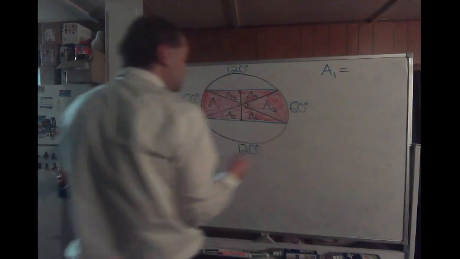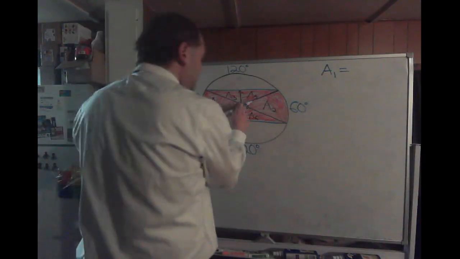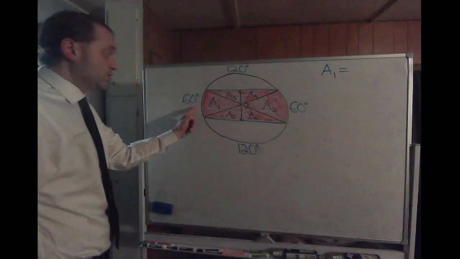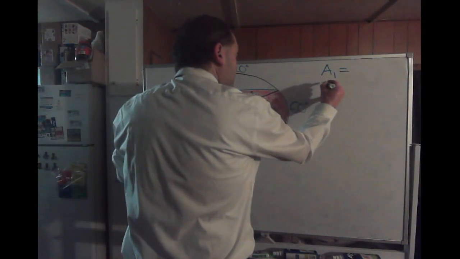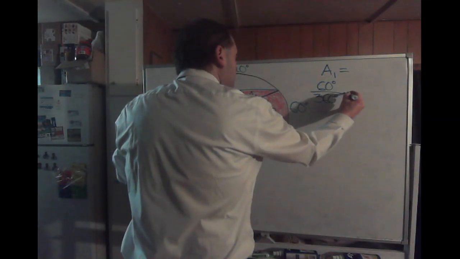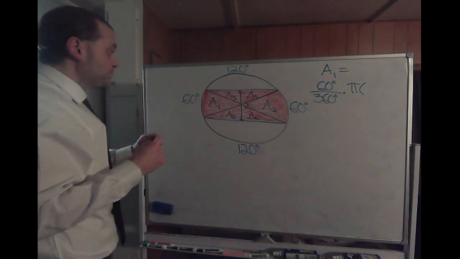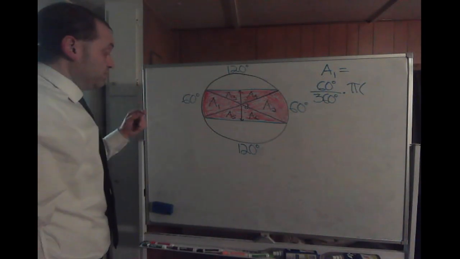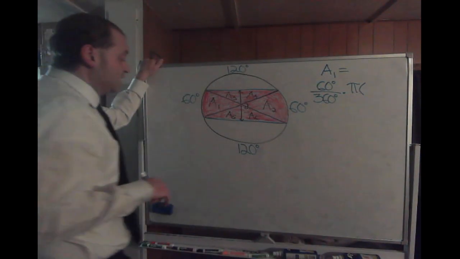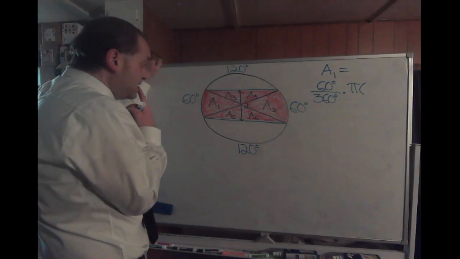So area 1, of course, is equal to that 60-degree arc, because where these intersect, that forms a central angle of 60 degrees. So you'll take your 60 degrees out of 360 times, of course, your pi times, what is your radius, though? What would be the radius? Well, actually, we should probably turn to our right triangle first. I'm sorry for not doing that. But